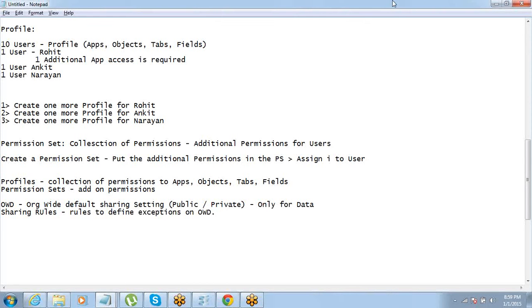Now there is one more concept. So far we have discussed a lot of things, but there is one more concept that we need to consider. We talked about OWD, then sharing settings, and the sharing rules also.